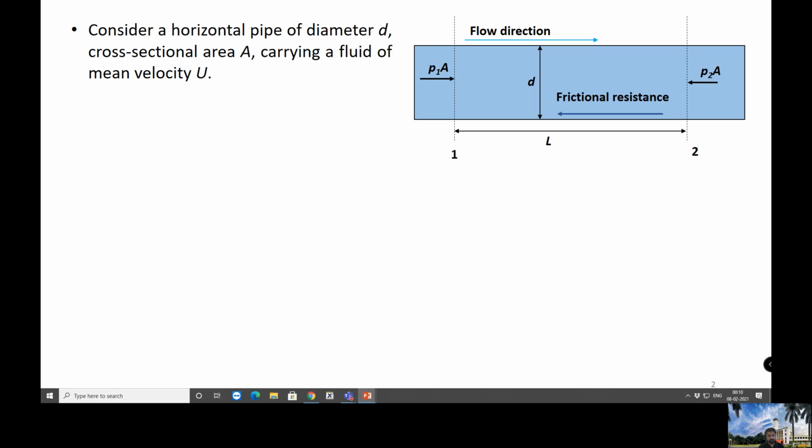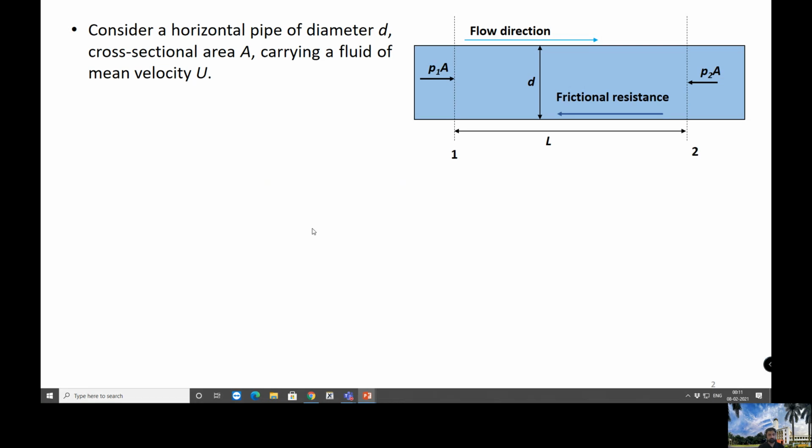Major loss is because of the flow of the fluid through the pipe, and it happens due to friction. That's the main thing. Minor losses you will cover in the next experiment, but that happens due to the bends and the curves in the pipes. To cover the theoretical portion, we have covered this in more detail in the pipe flow chapter in the course hydraulics, but I'll go through it once again.